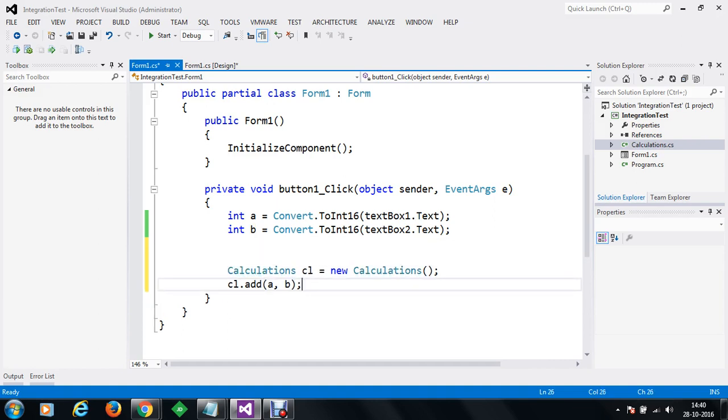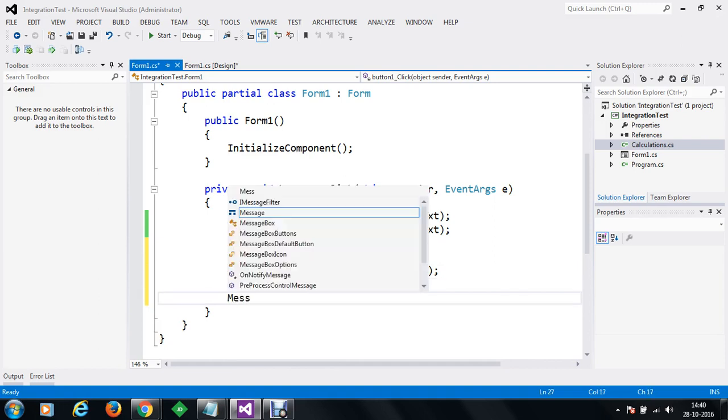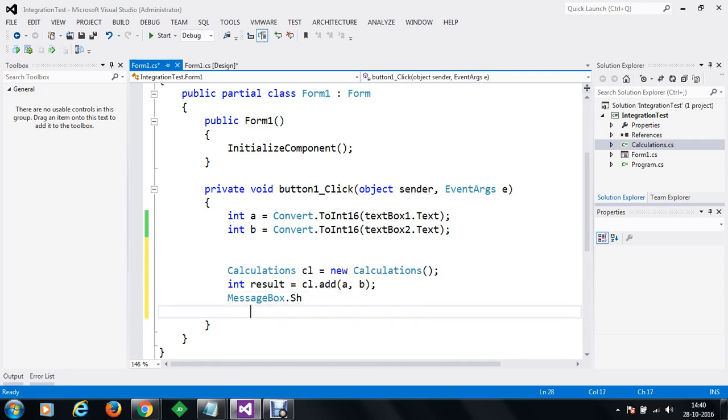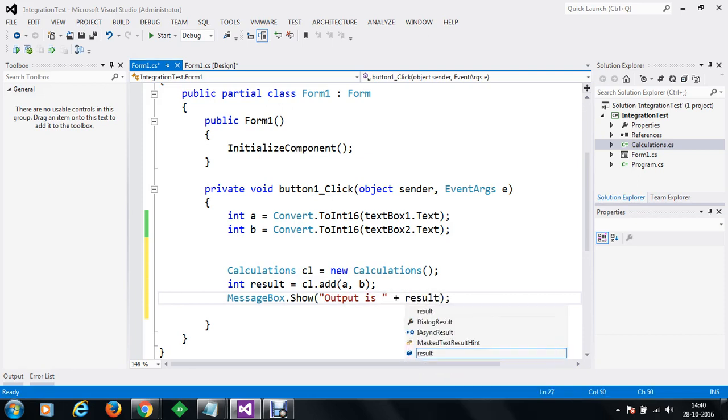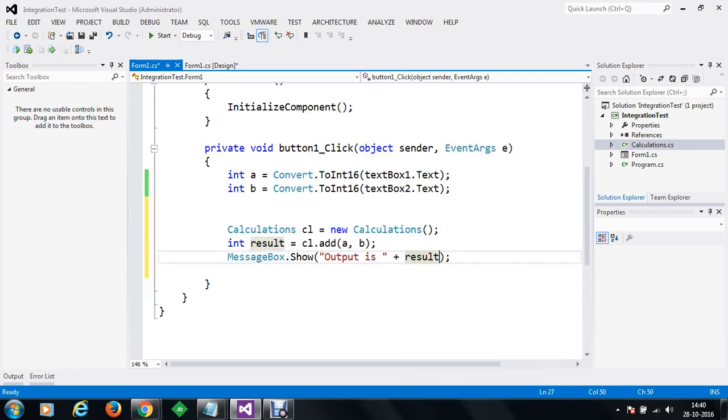We are going to receive that in integer result, and finally we'll do MessageBox dot Show, output is, your result. So what we did here, we integrated code of another developer.